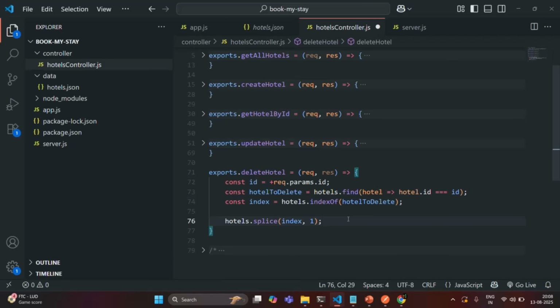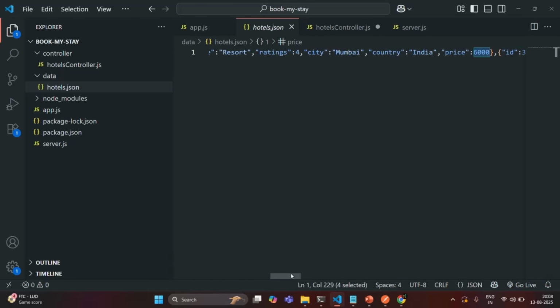And this is it. So this is going to delete that element, basically this hotel object from this hotels array. And now this hotels array is updated. So let's say we have deleted one hotel object. Currently we have 7 hotel objects in this file,